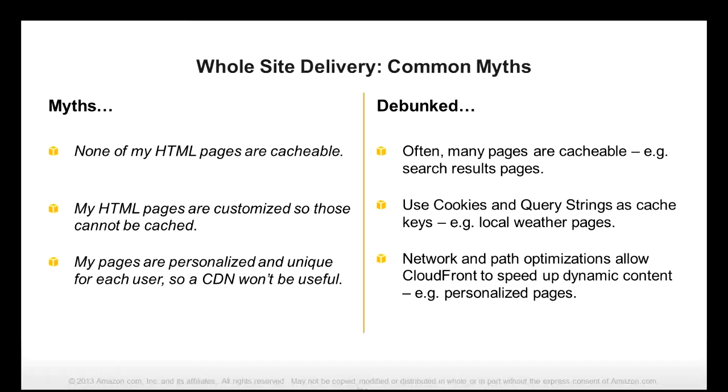A good example here is search results pages. So specifically, right now I'm in Seattle. So let's say I go to a mobile application. I'm searching for, during lunchtime, restaurants in downtown Seattle. Now, chances are there are other folks going to that same application and searching for the same keywords. So unless the set of restaurants or the set of results is changing dynamically for every user, that page can be cached so you can get the benefit of low latency delivery as well as scalability